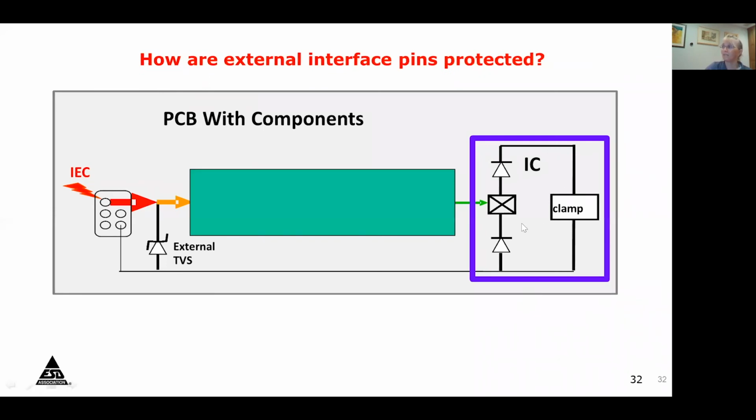Moving from the IC to the PCB, I mentioned this earlier, I'm just going to mention it again. The second stage protection, using primary protection with an external TVS or a capacitor or resistor, is very important in reducing the burden on the IC. The IC doesn't have to take all of the hit of the external event, and instead the primary protection will do that. Again, going back to the idea of the lightning strike, primary and secondary protection.